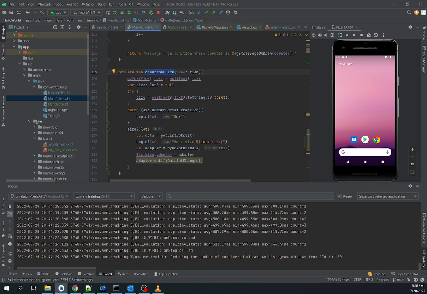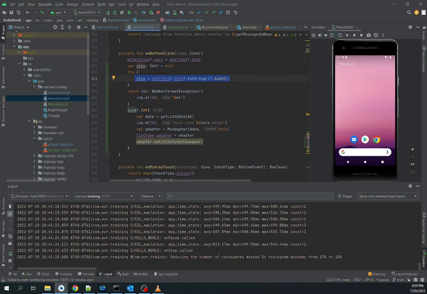So whatever is entered I will try to parse into a number. That's why I use a try catch block. If you don't use it, it will not force you at compile time, but if you don't and you are parsing some other string, it will crash. So I have added a try catch block, and then